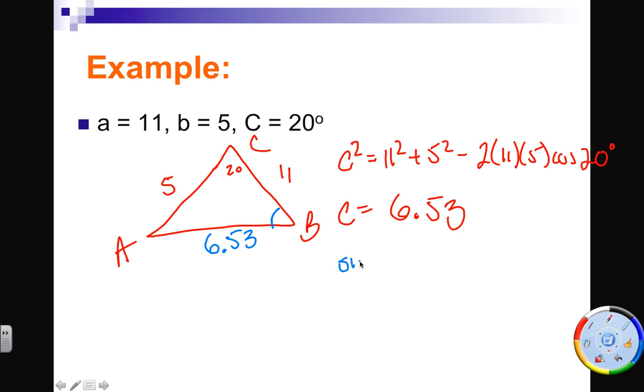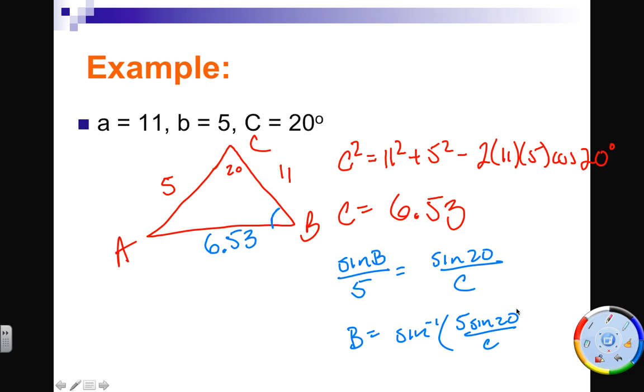I'm going to say sine of B over 5 equals sine of 20 over little c. And I'm going to use little c in my calculator, so I'm not going to bother getting a decimal in there. So B is equal to, just like we did yesterday, sine inverse of 5 sine of 20 over little c. And I get B equals sine inverse of 5 sine of 20 divided by answer. I get 15.18